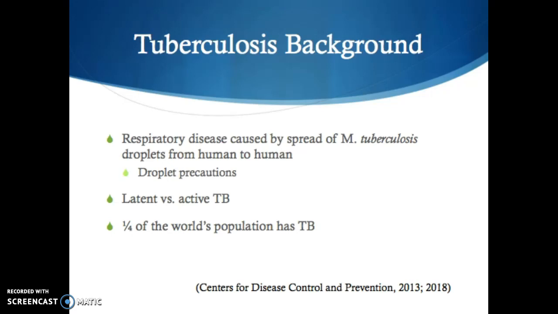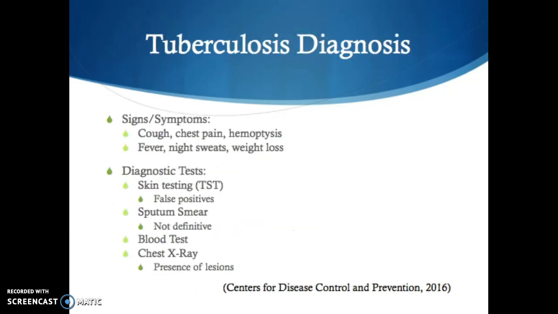Many have heard of latent versus active TB. Basically, the difference is that with active TB, you're actively symptomatic. It's infecting you, it's causing an infection, whereas with latent TB you have the presence of the bacteria without necessarily any directly associated symptoms at the time. About a quarter of the world's population either has latent TB or active TB, according to some CDC data that we saw. So really, this is a very prevalent bacteria among our population as a whole, and obviously it puts the homeless at a little bit of a higher risk.